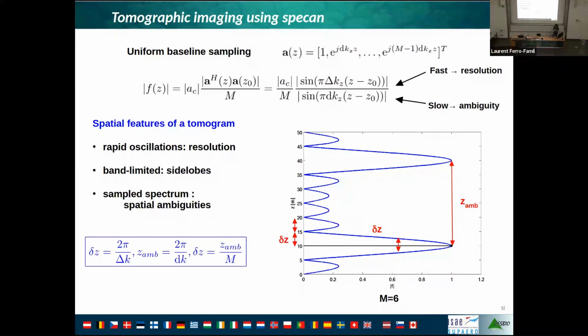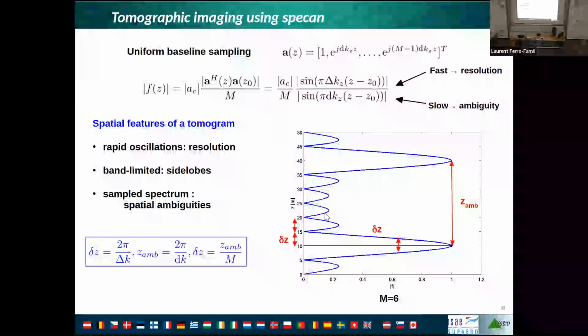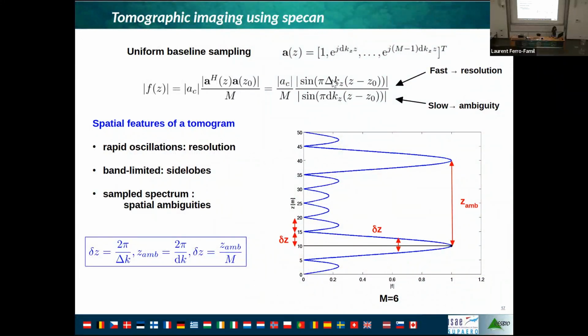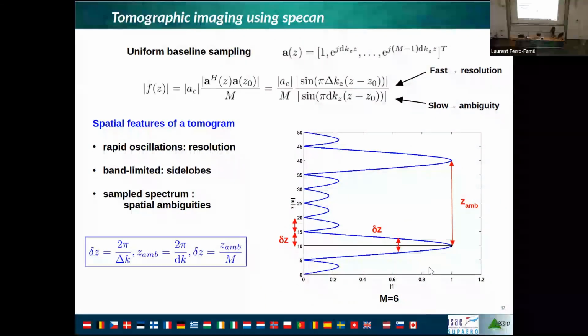Okay. If we look at the graphical interpretation of what we are looking at, this is exactly the plot of this function, with one part which moves very fast and one part which moves very slowly. The fast part has, if you take the amplitude of the first part, a period which is given by 2 pi divided by delta kz, which is exactly this expression here. So the spacing between 2 consecutive minima of the function is given by this expression, whereas the distance between the 2 big peaks here is given by